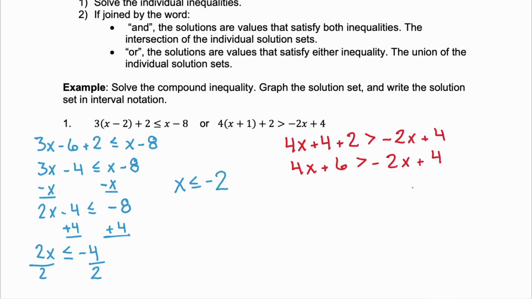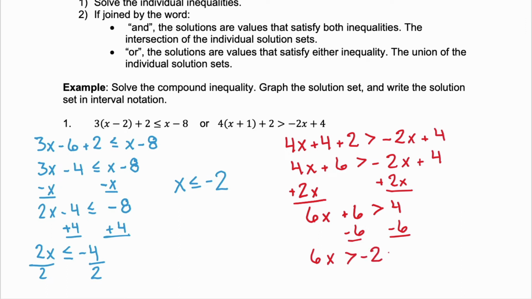We want to get our variables together, so let's add the 2x to both sides, and that'll give us 6x plus 6 is greater than 4. Let's move our constants all to the right, so subtract 6 from both sides, and we have 6x is greater